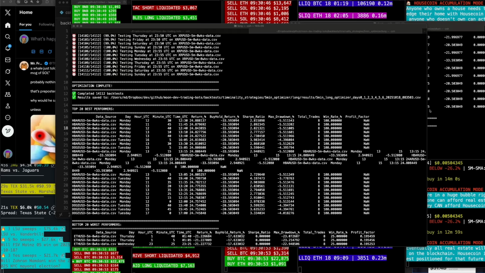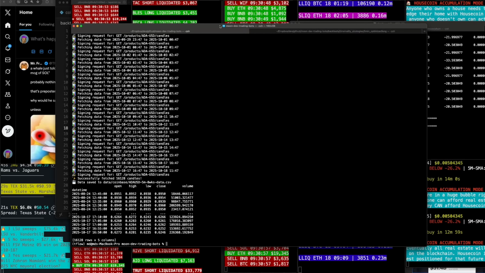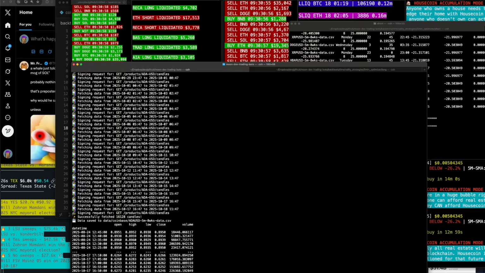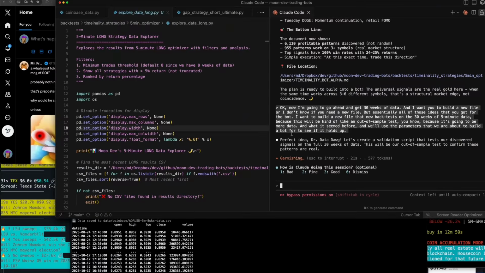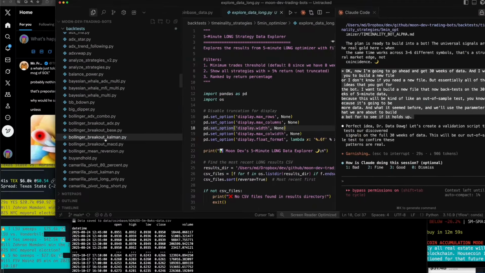So let's go to terminal here. And yeah, let's get some data here. This is going to take a little bit more time, but that's okay. We got time. So Cursor, I'm going to go back to the data file. Perfect idea, Dr. Datadog. Let's create a validation script that tests our discovered signals on the full 30 weeks. Okay, so let's go ahead here and